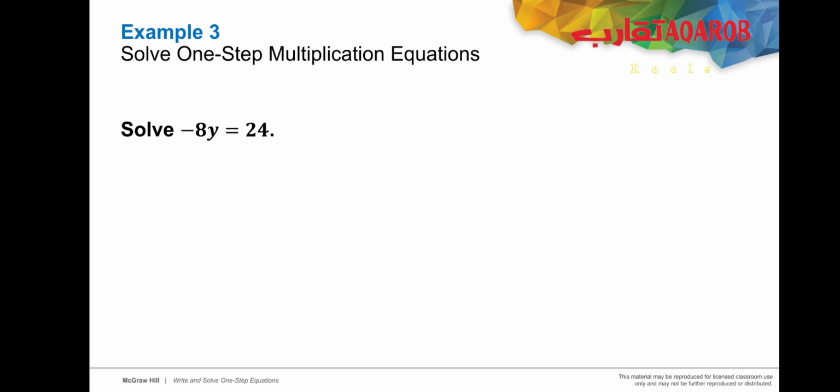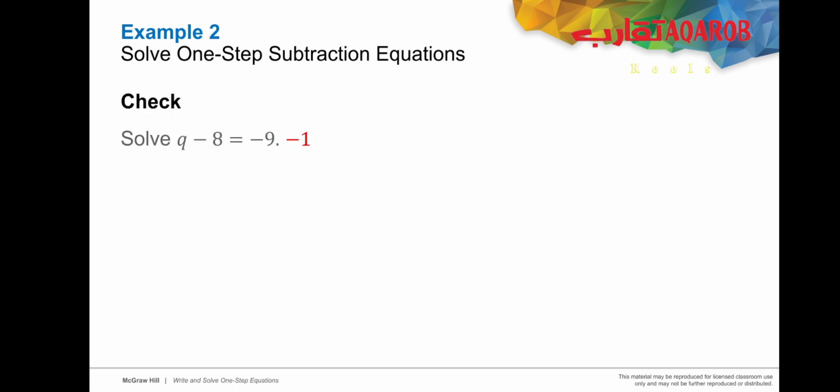Now, let's go to the third example from the lesson, which is about solving one-step multiplication equations and finding the value of y. How do I know it's multiplication? If there is no operation between the variable and the number, this means that it's a multiplication operation. So negative 8 is multiplying by y, and 24 is on the other side. Now to isolate y, I will divide